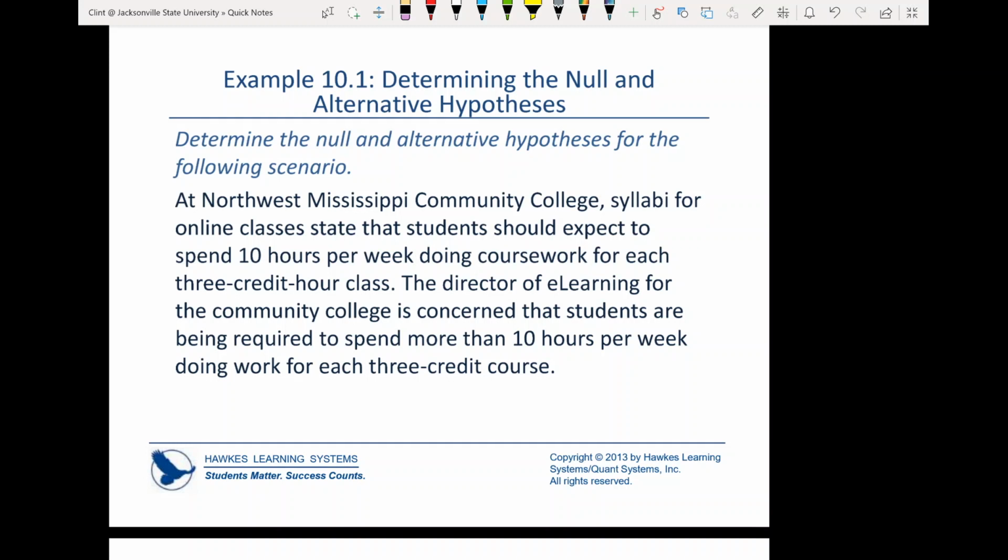So it says that Northwest Mississippi Community College syllabi for online classes state that students should expect to spend 10 hours per week doing coursework for each 3-credit-hour class. The director of e-learning for the community college is concerned that students are being required to spend more than 10 hours per week. Okay, so on this one, you can think about the claim that we would want to be testing here, and who's making that claim. The director of e-learning is making the claim that students are having to spend more than 10 hours per week. So that's going to be our alternative hypothesis,